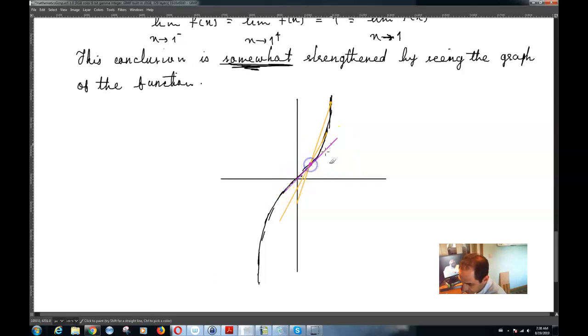Meaning that at this point, if the slope of the tangent to the graph of the function is this slope, whatever that might be, if you zoom in on this graph and just keep zooming in, you will find that instead of a curved line, you will find just a tiny piece of straight line segment, having exactly this